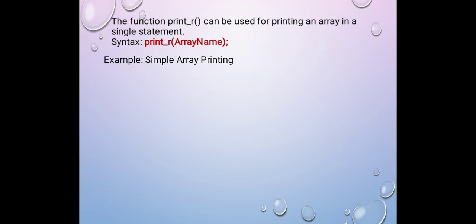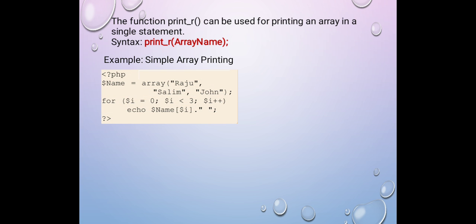Consider an example to create a simple array and print it. The code is: <?php $name = array("Raju", "Salim", "John"); three strings with the names Raju, Salim, John within double quotes because they are strings, and use the for loop: for ($i = 0; $i < 3; $i++) echo